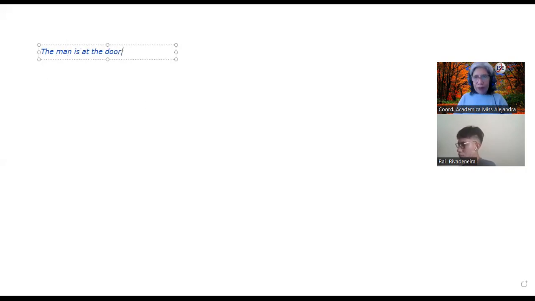The man is at the door. If there is a group of people at the door, with that short sentence, can you identify the man? Can you identify the man? The man is at the door. If there is a group of people in front of a door, can you identify that man in the crowd? Can you identify him? No, the man is at the door. You don't know who the man is. There is no information. But if I said,